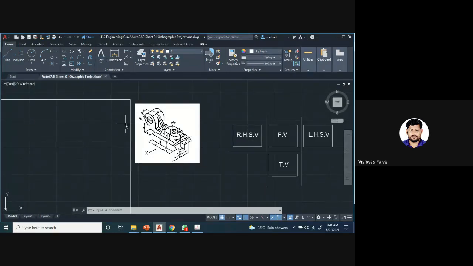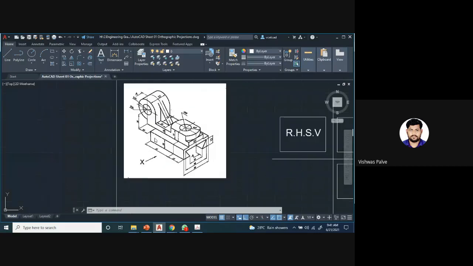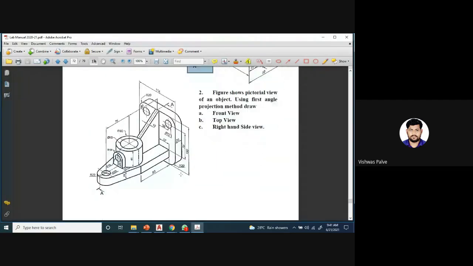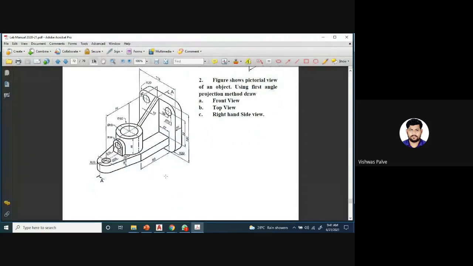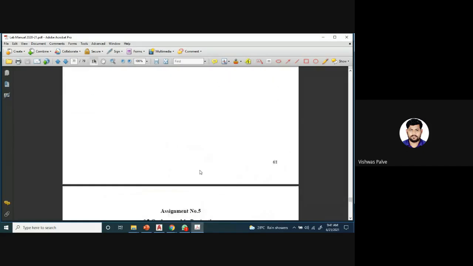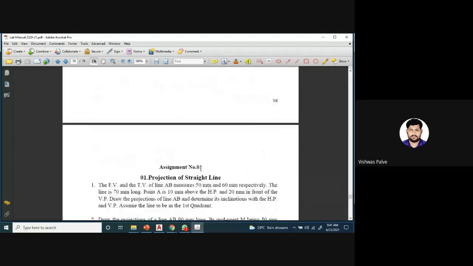And if I want to draw the left hand side view, in this problem we cannot draw the left hand side view because it is not visible, but in a few problems we can see it. Yes, in this problem, suppose this is the X direction, the right hand side view is not visible, so in that case we have to draw the left hand side view. Okay, so this will be the left hand side view instead of the right hand side view. So those changes we are going to make.